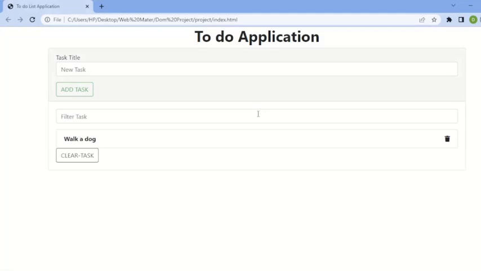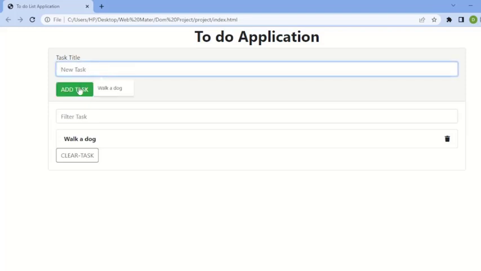Now I'm going to be teaching you how to create an element. Whenever you input a new element here, how to generate an element on this list. Okay, how to put it here. So for instance, we have walk a dog, which is right here. Then I'm going to input another task. So maybe we have bring a cup